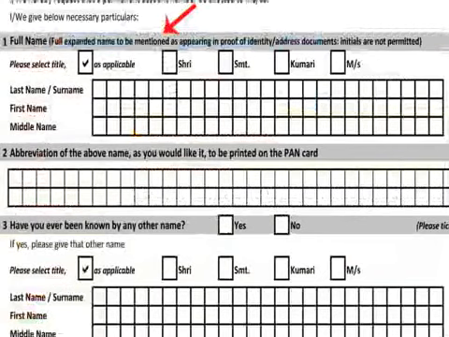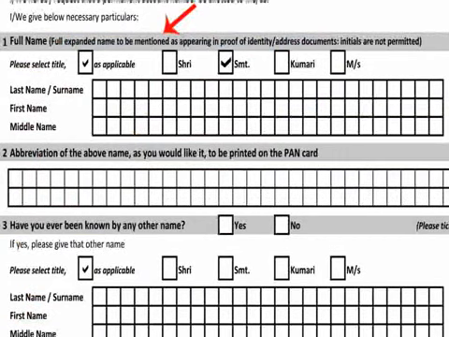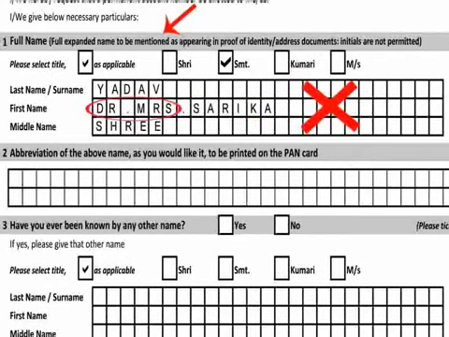In the item 1 section, you have to fill in your personal details. Here, select your title like Shri, Srimati, etc. Write your surname, first name and middle name in full form. These are to be filled without any initials. Your name should not be prefixed with any title like Miss, Doctor, Kumari, etc.